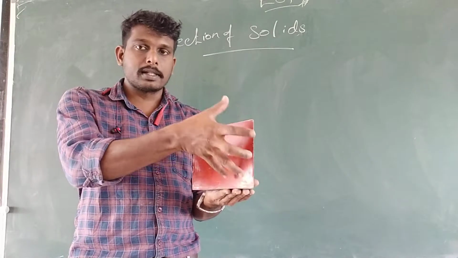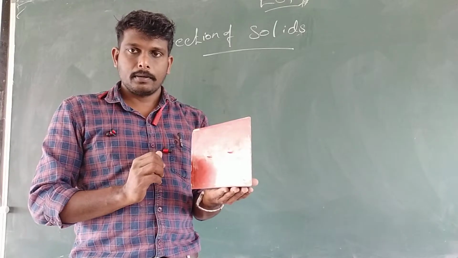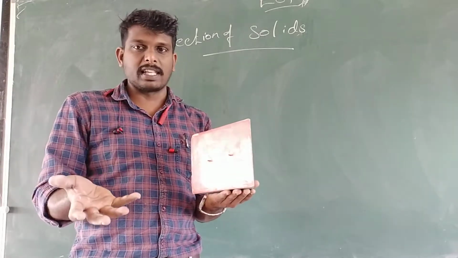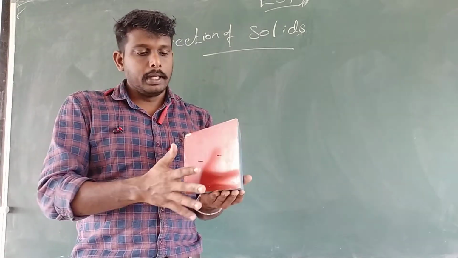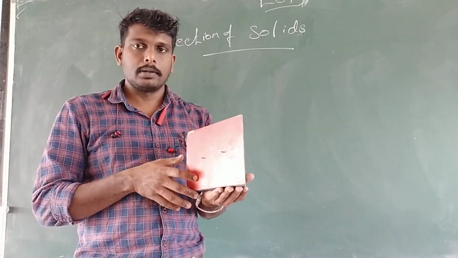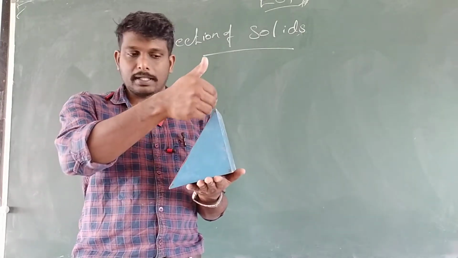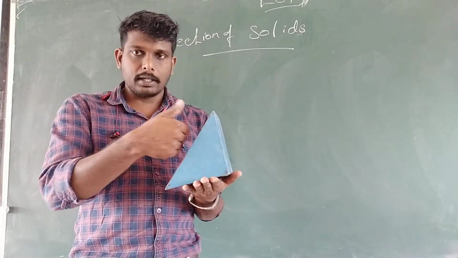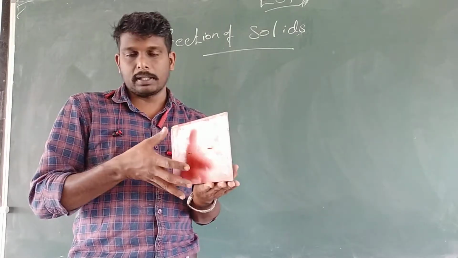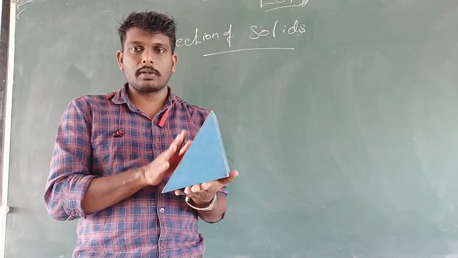In top view, it is seen to be a square face, because the length and the breadth will be the same in the top view, but as you know, it is not a square. The true shape of the section is a rectangle. This is the sectional front view. We can see the sectional face in the front view, and in the top view we can see the sectional face, but it seems to be a square face. But actually the true shape of the section is a rectangle.